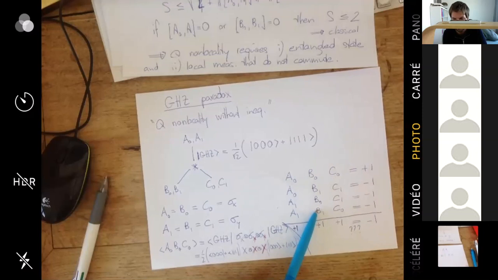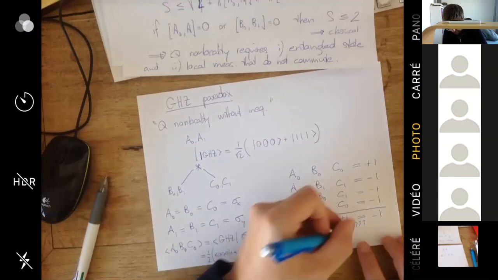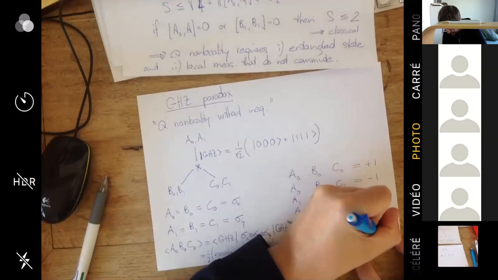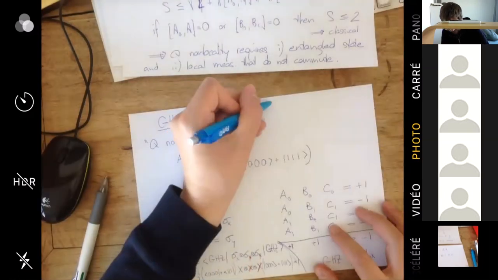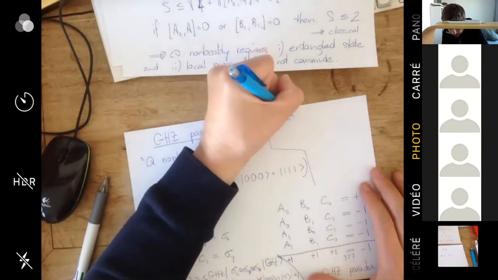Okay. So these manipulations I can do with classical variables. That will hold in a classical variable model or with local correlations. But in quantum mechanics, it is not true, because the algebra is different and I get a -1. Okay? So that is the GHZ paradox. Okay? And so to summarize it here,